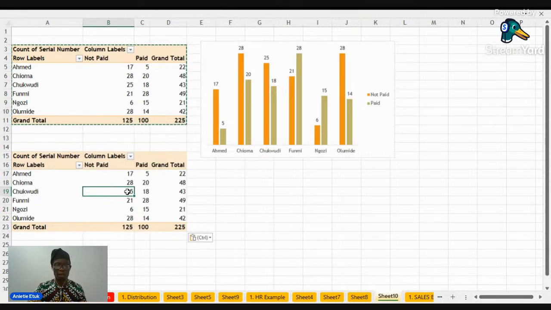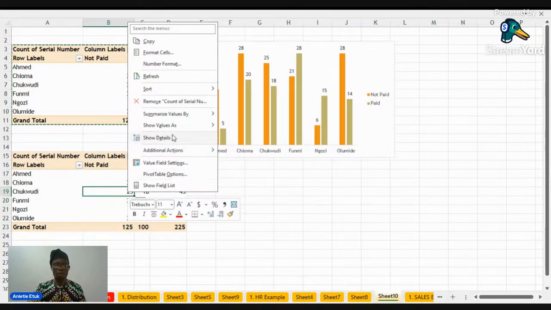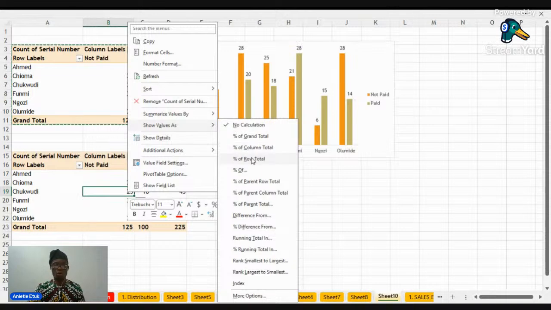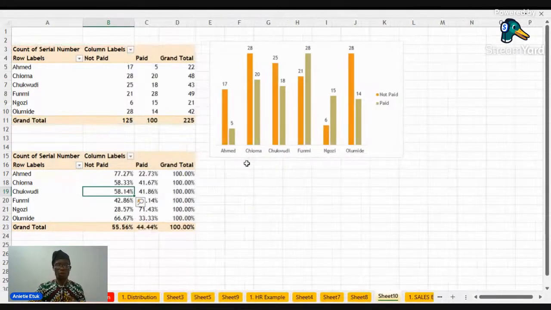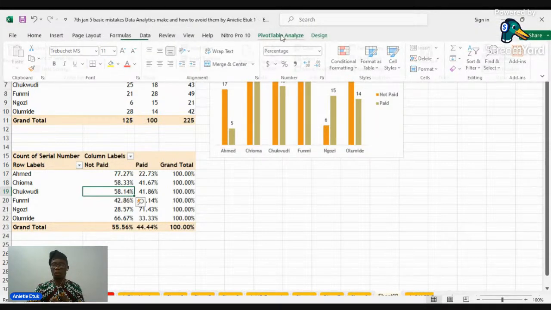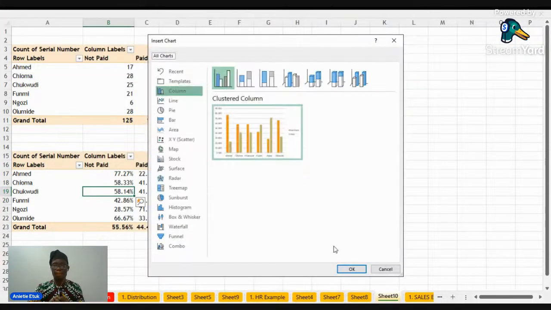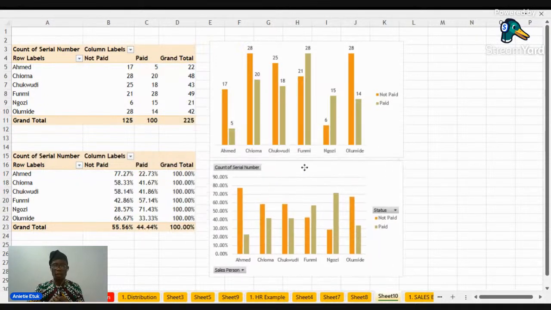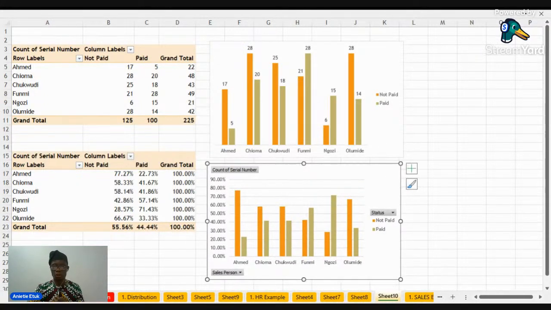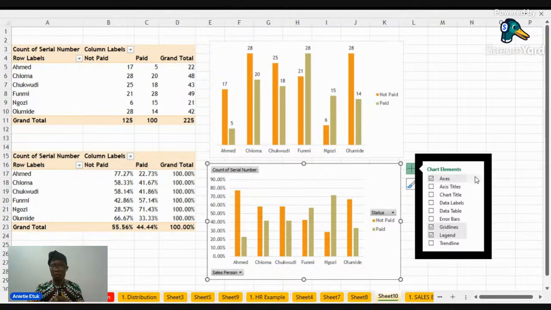We right click and then we say show it as a percentage of row total. When we show it as a percentage of row total, you can see everything is equal to 100. Now when we chart this, we can see the actual distribution, the correct performance of each person.